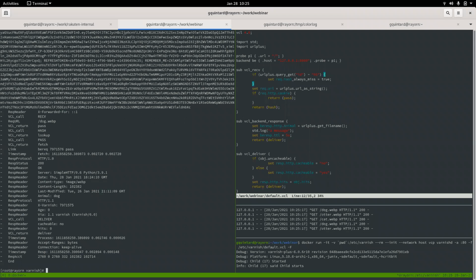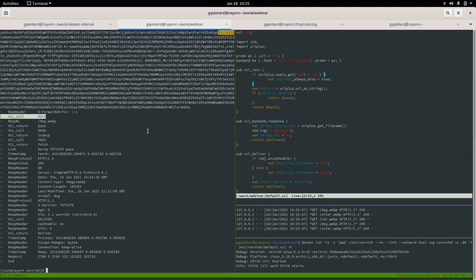We still had that request in the backlog, so we can have a further look at it. And we can see that we entered VCL receive. We can see that the request was normalized, but it was already this anyway. And then we return pass. So it was a conscious decision from the VCL to actually pass and